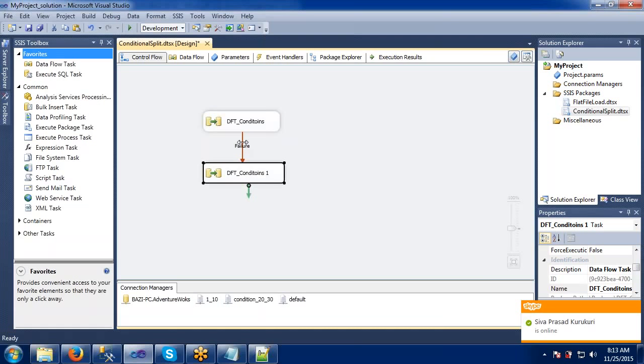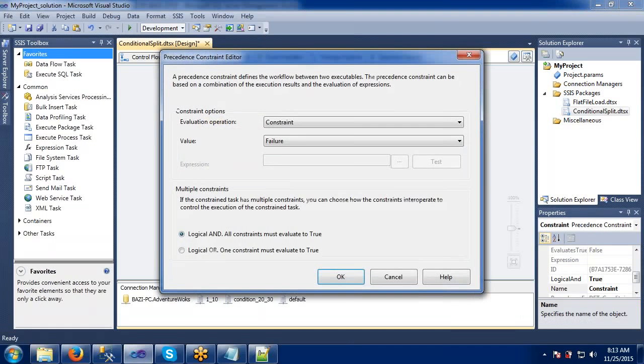We have three precedence constraints: success, failure and completion. Success means only if it is successful will the second task start executing. If we give failure, it means only if the first task fails will it go to the second task. The third condition is completion.